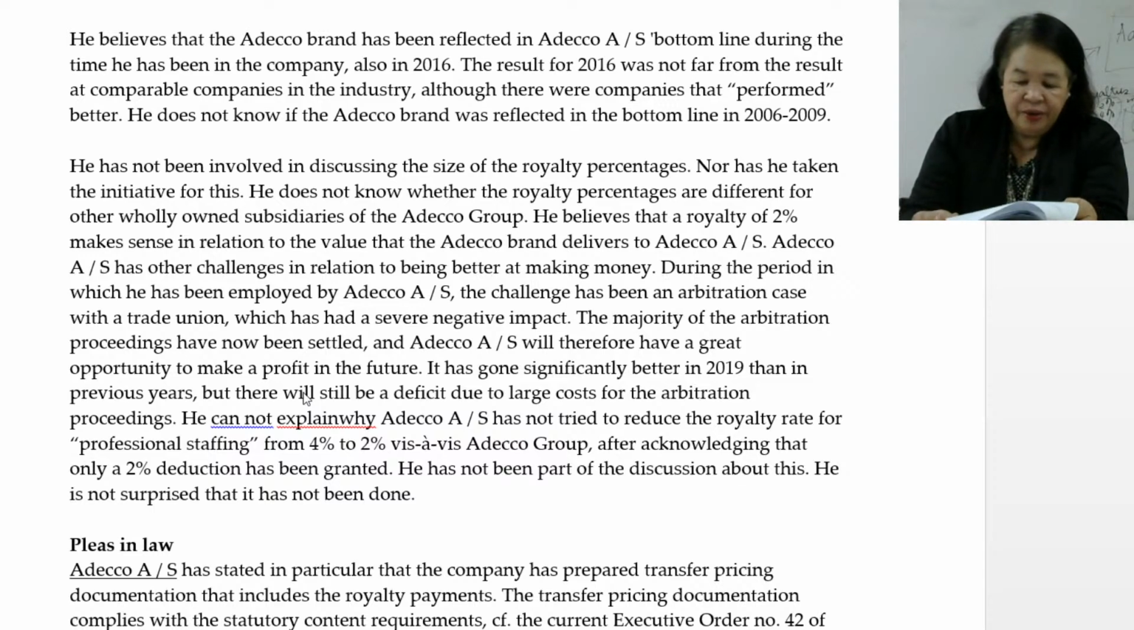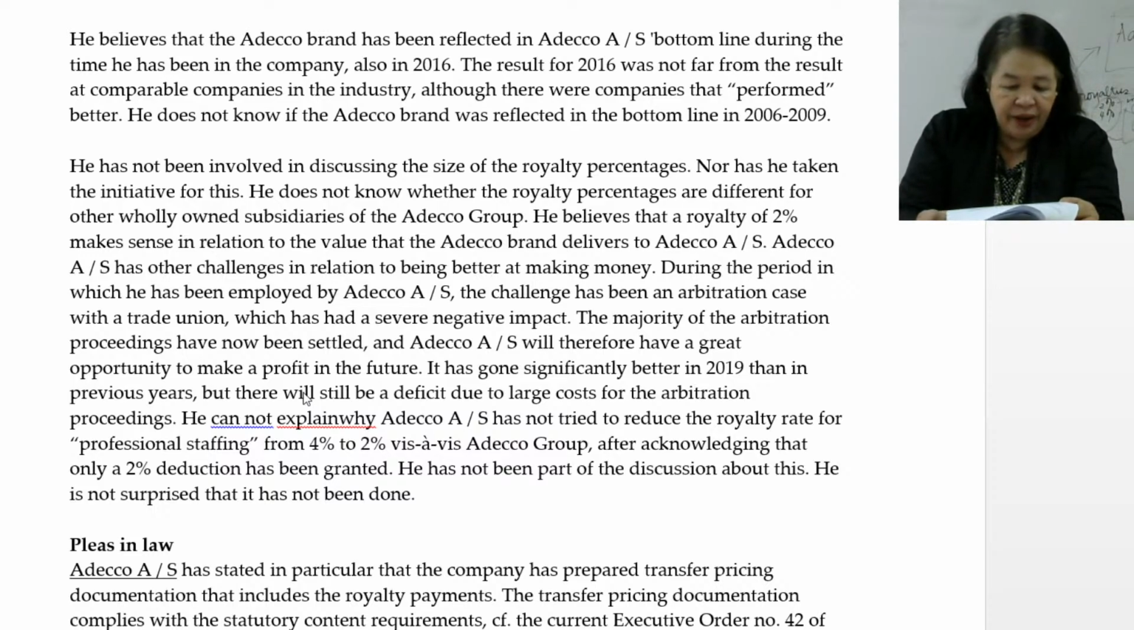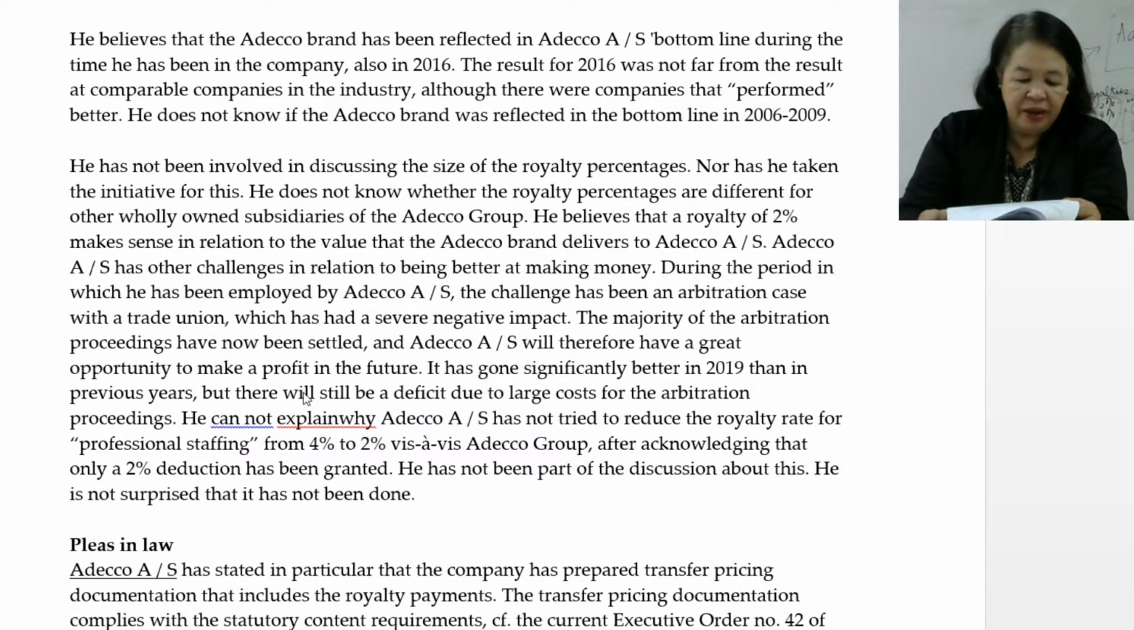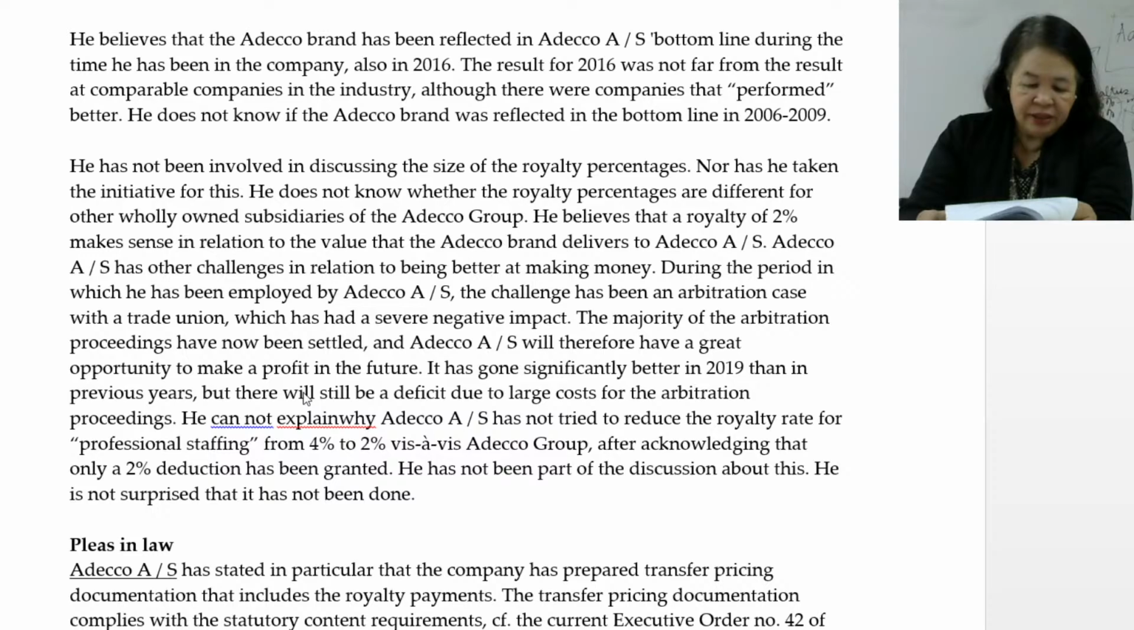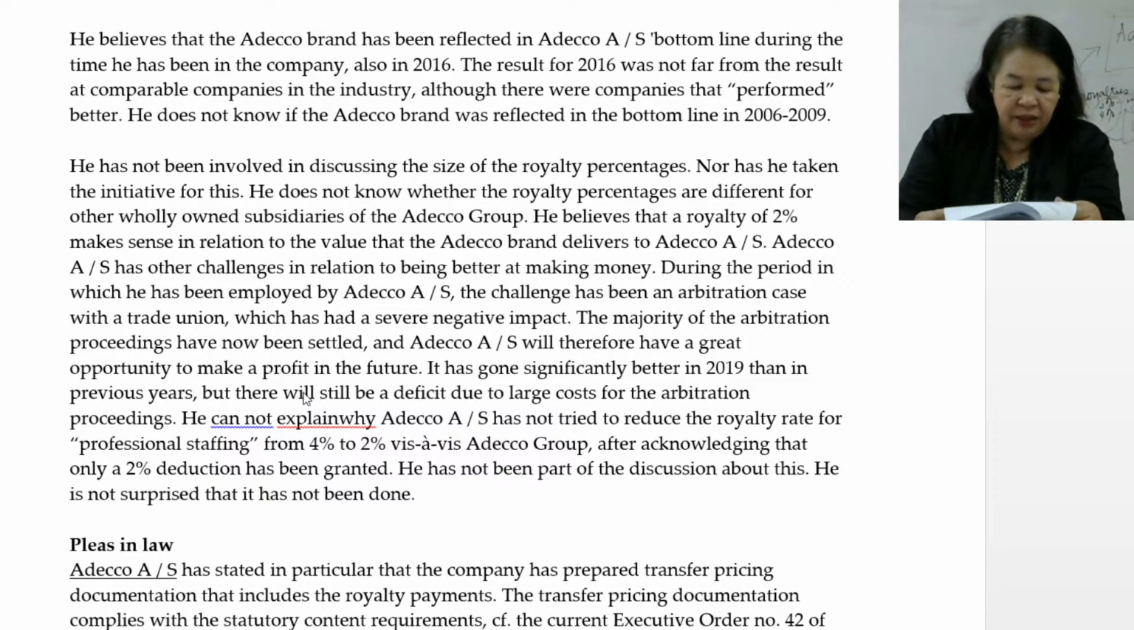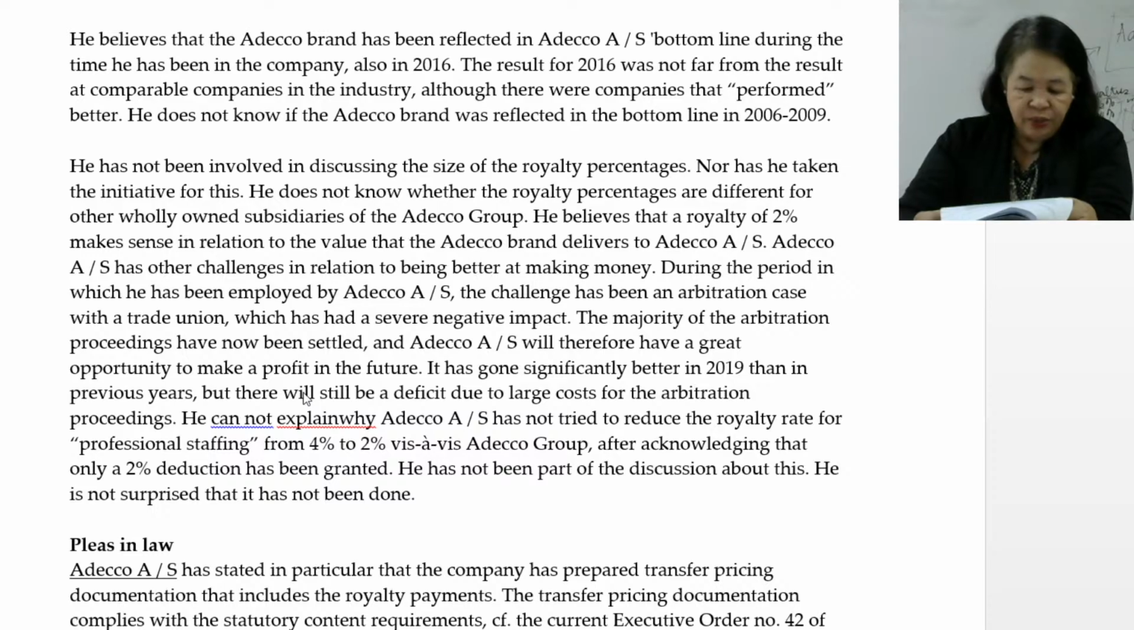Ano sabi niya dito? He believes that a royalty of 2% makes sense in relation to the value that the Adecco brand delivers to Adecco AS. No? Adecco AS has other challenges in relation to being better at making money. During the period in which he has been employed by Adecco AS, the challenge has been an arbitration case with a trade union, which has had a severe negative impact. The majority of the arbitration proceedings have now been settled, no? And Adecco AS will therefore have a great opportunity to make a profit